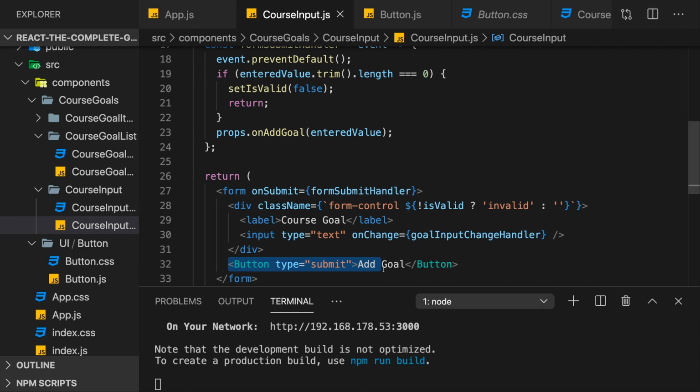but even though we're only using the button here in this app, you could argue that a button is a component you might be using in a lot of other places of the app as well. Now for the div, that might also be the case. Maybe you have other form inputs in other parts of the app as well. But to also show you that you can have multiple components per file,